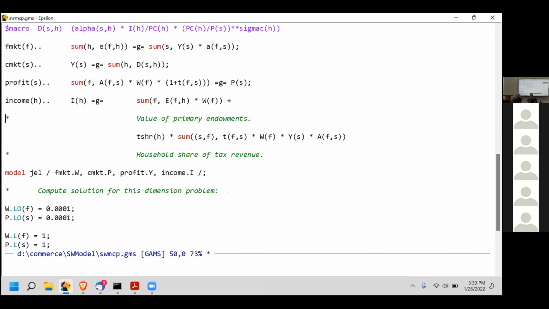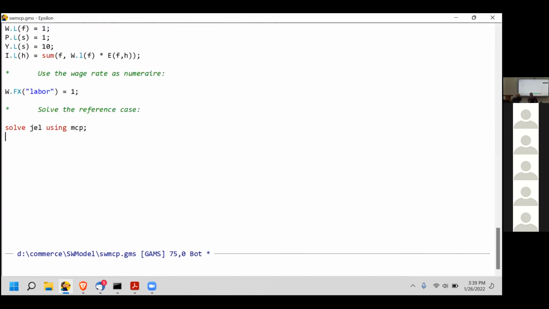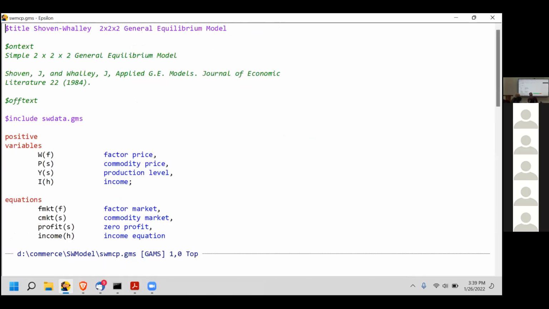Okay. And then we declare the model, and the model consists of declaring an equation with the variable that goes with it. In this model, we're always going to have interior solutions. There's no inequalities, but it's a square system and we know what variable goes with what equation, so we can associate it. And then that gives an initial value and solves it. Now, you could mess around in this model, but if we were to be clean about the way we're doing this, let's just go to a file called